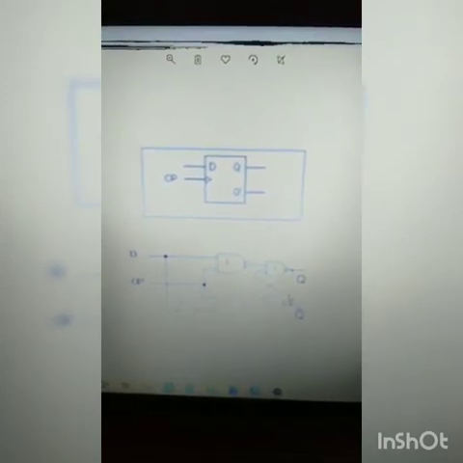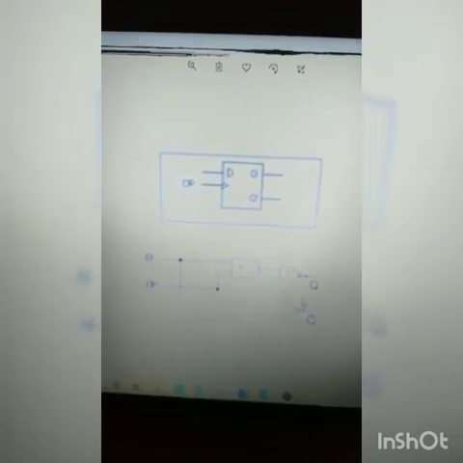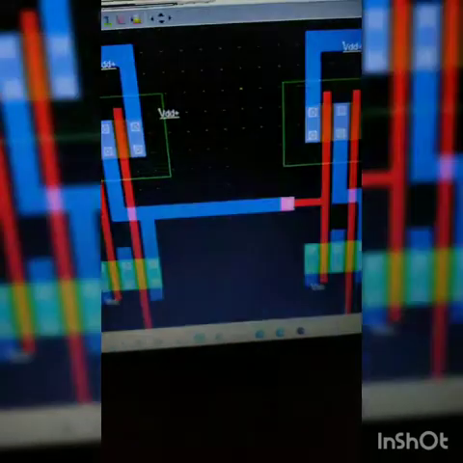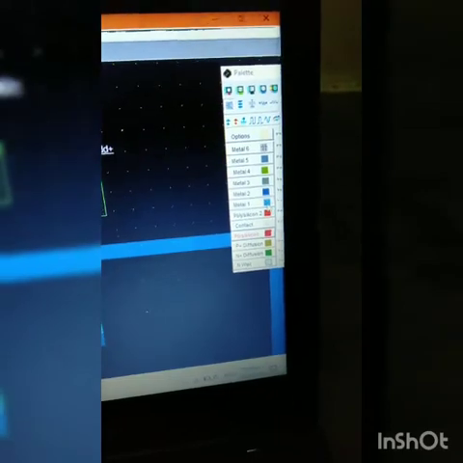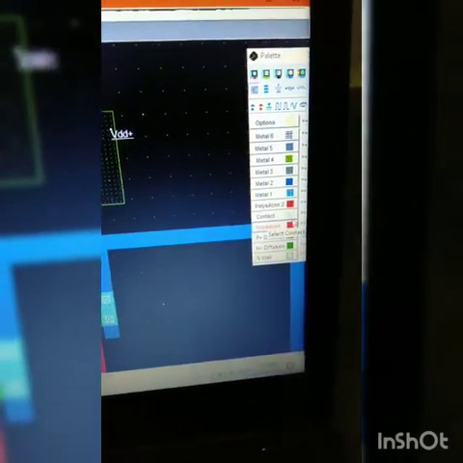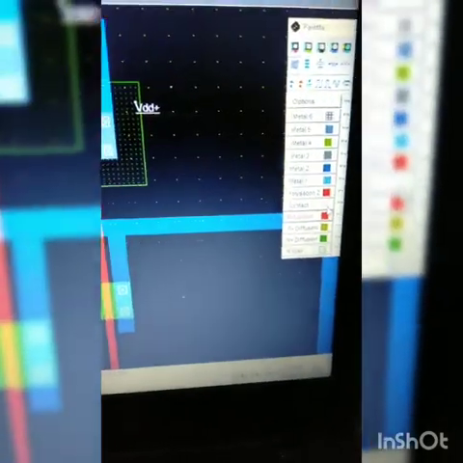So before implementing the layer diagram, the basic thing to know is the color of each layer. The output, VDD and VSS are metal layers, and these metal layers we should connect in blue color. The gate input is a polysilicon layer, that is red color, and the NMOS and PMOS are the N diffusion and P diffusion.